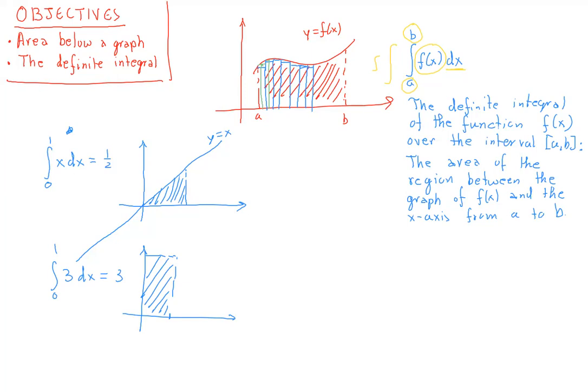Now, at this point, we should also clarify what happens if the function we're looking at has also negative values, negative outputs. Then we're going to have a graph that, let's say, looks like this, and we want to go from A to B. So this is y equals f of x. And the agreement is that the regions that are below the x-axis are supposed to have negative area, and the ones that are above the x-axis are going to have positive